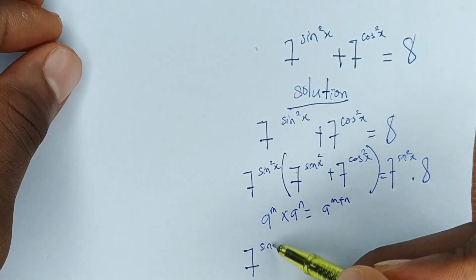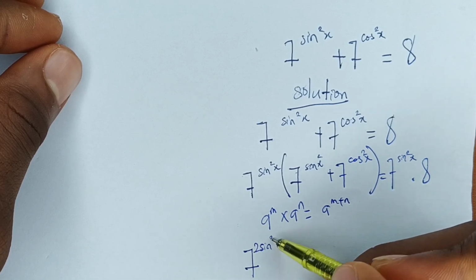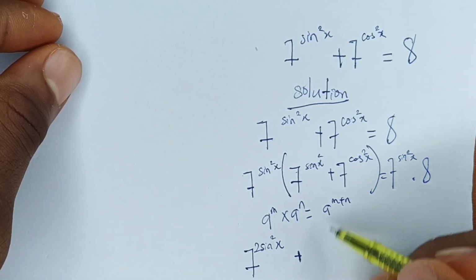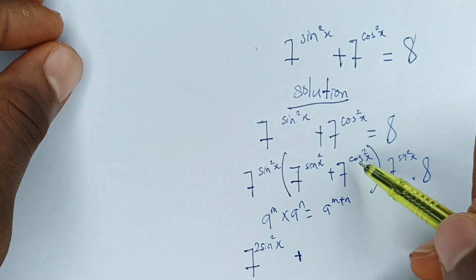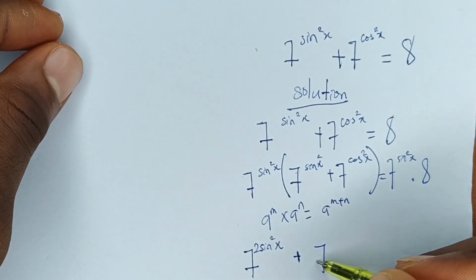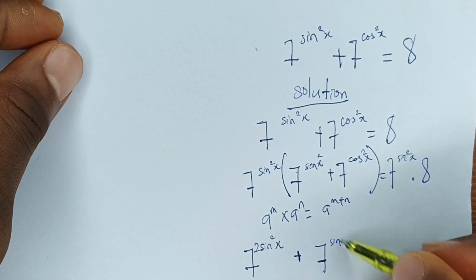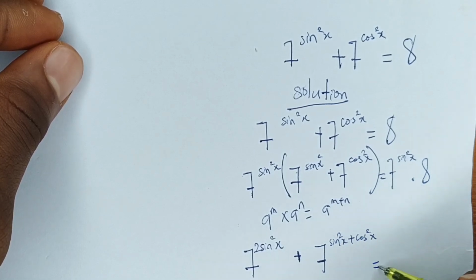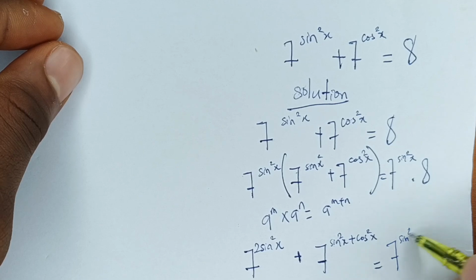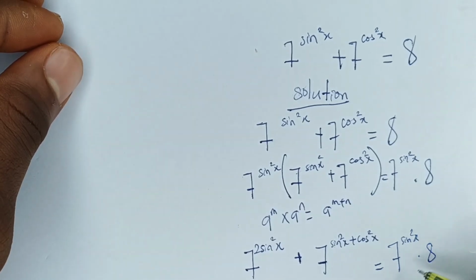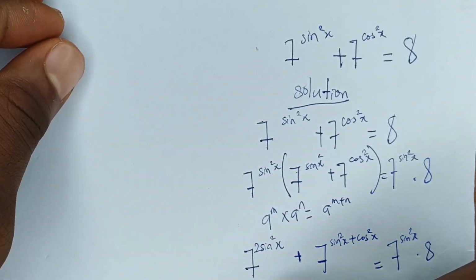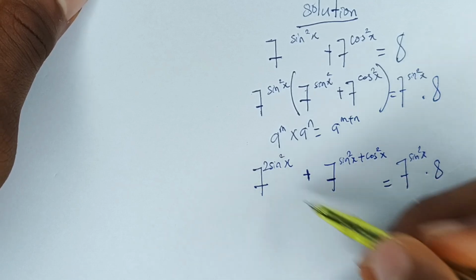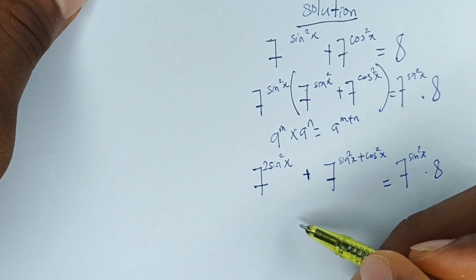plus sine squared x, that's 2 sine squared x plus, okay, now 7 raised to power this plus this becomes equal to 7 raised to power sine squared x plus cos squared x to be equal to 7 raised to power sine squared x times 8. Okay, now moving on, we have this to be equal to, now you remember that the law of indices states